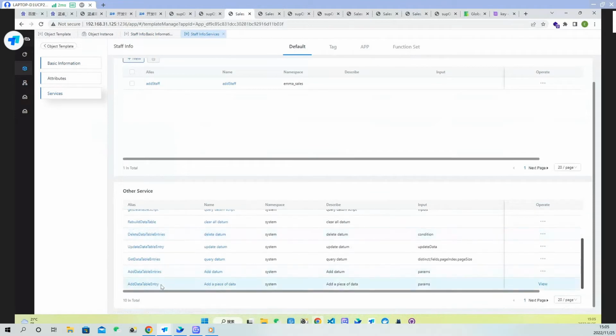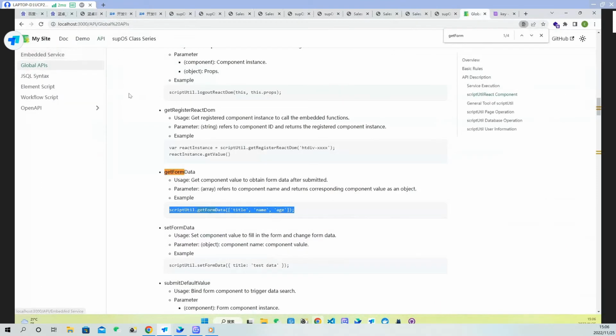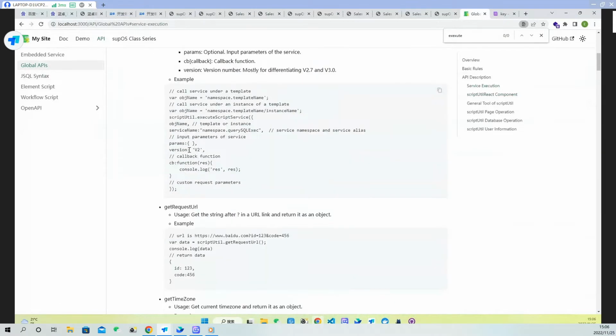Here, see, add data table entry. So this is just an embedded service. We need to use a packed script util to execute an embedded service, okay? So you need to go to our official site and find the script util service execution, this one. Let's just copy